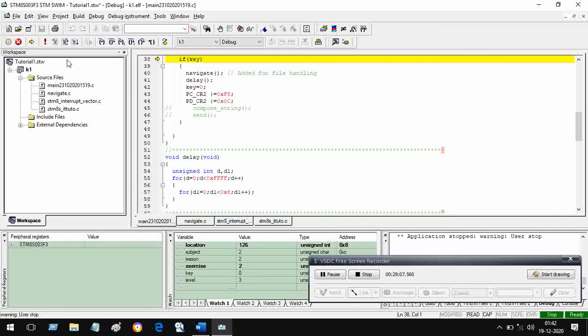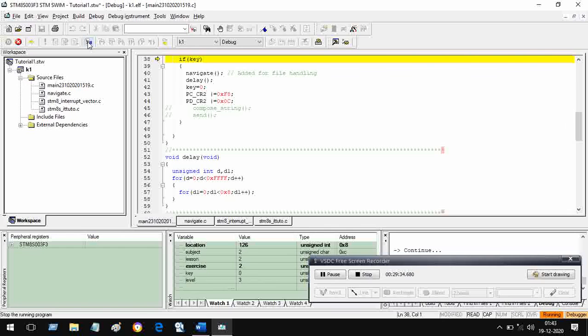Now let us go to level 2 and change the lesson. To go to level 2, I have to press key number 4. Last time we had put breakpoints, therefore whenever I pressed the key, it stopped at the breakpoint. Now breakpoints have been removed completely, so it will take its own action.